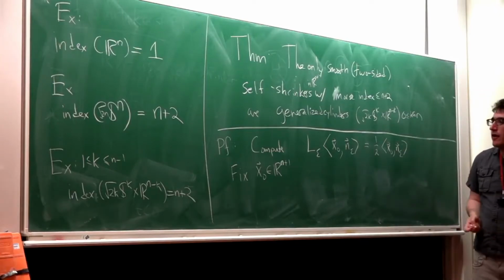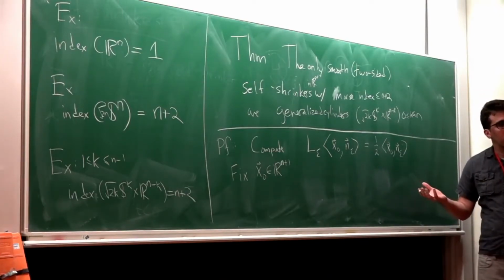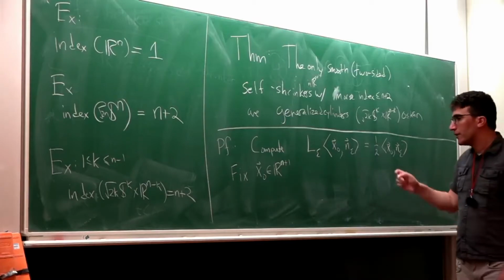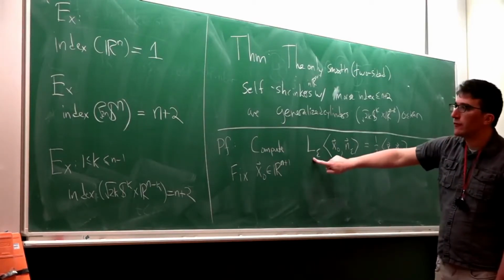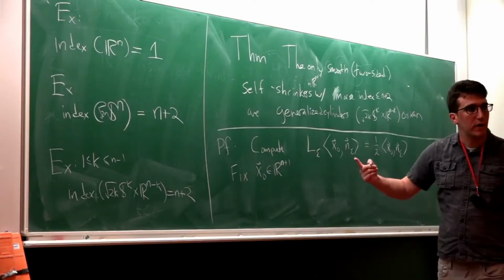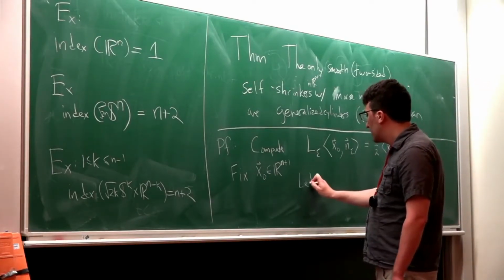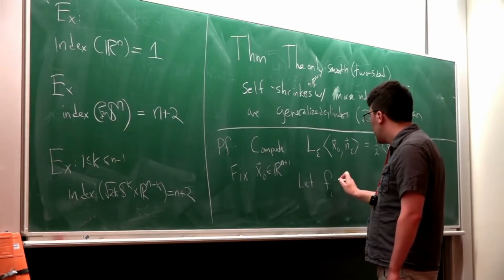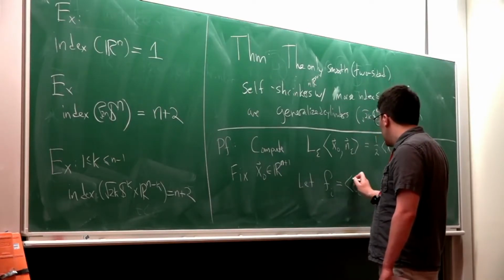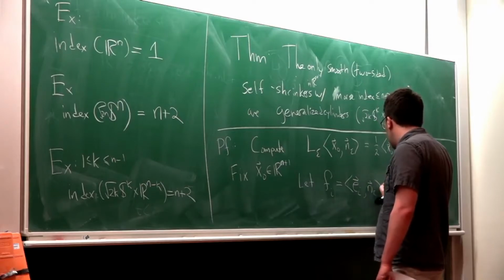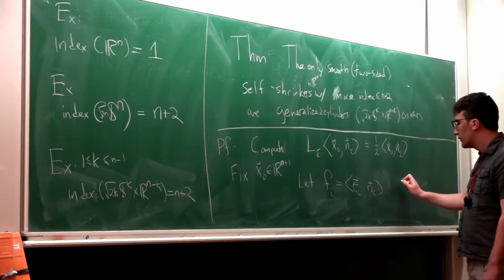In other words, these are eigenfunctions, as long as they're non-trivial, with eigenvalue 1/2 of L sigma or minus 1/2 of minus L sigma. So specifically, if we let F_i be equal to the inner product of e_i with n sigma,